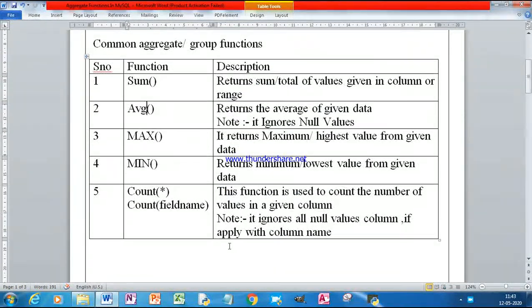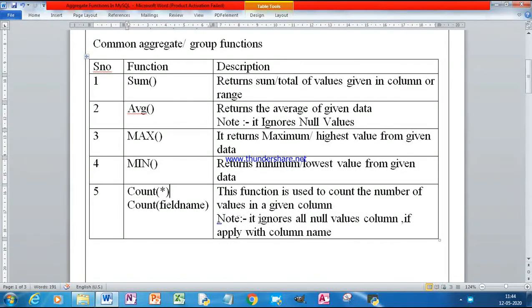Next is the count function. We have two different formats to use the count function. The first one is count star, if you do not provide any field name, and the second one is count with a field name. This function is used to count the number of values in a given column or say the number of records present in a table.